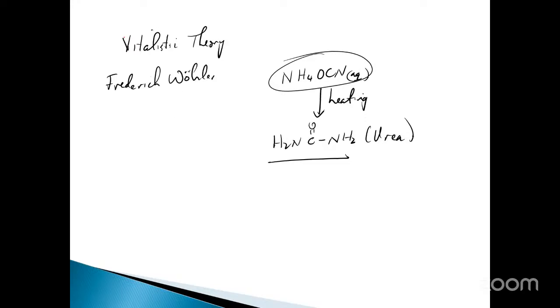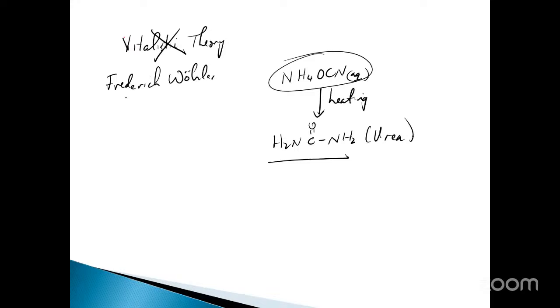Frederick Wöhler, that signals the end of the vitalistic theory, even though it's a theory that was accepted and assumed to be true for a long time. But because evidence has been produced, which shows that we can actually produce this compound in the lab, even though it's also produced in nature, then basically that means that the vitalistic theory is no longer seen as a credible theory, all right? So that's one example, and there are several examples that